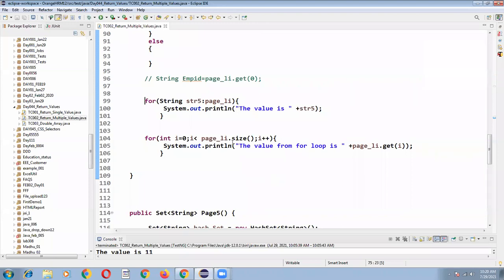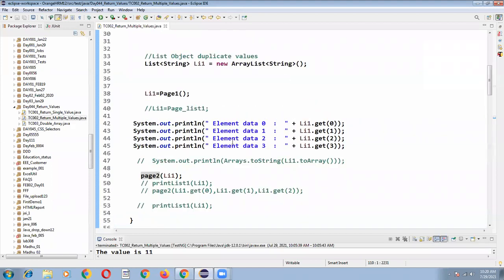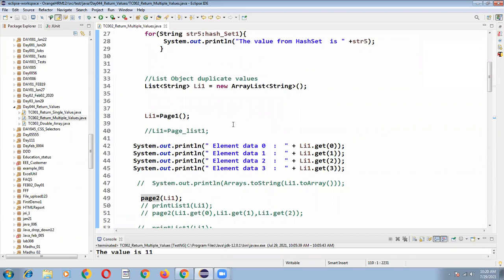Just concentrate on this program, it is very simple. Suppose in some scenario you add jobs, job id, job description, job note, and you click on save, and you want to pass all this data to page 2. So you want to get all the page 1 data into page 2.